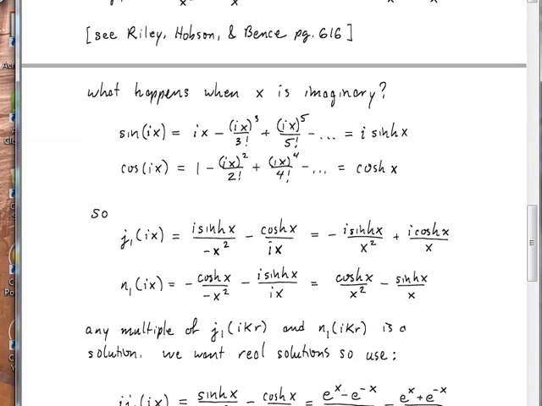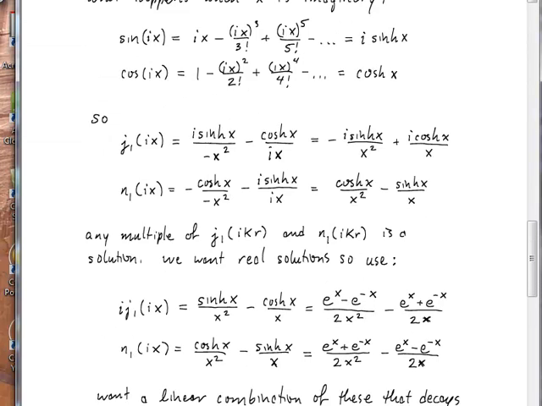And that's great, because now we recognize that sine and cosine hyperbolic, as they go off to infinity, look basically the same. And what we're looking for is a linear combination of J1 and N1 that will give us a solution that satisfies this boundary condition that the solution has to go to 0 as we go out to infinity. Okay, so